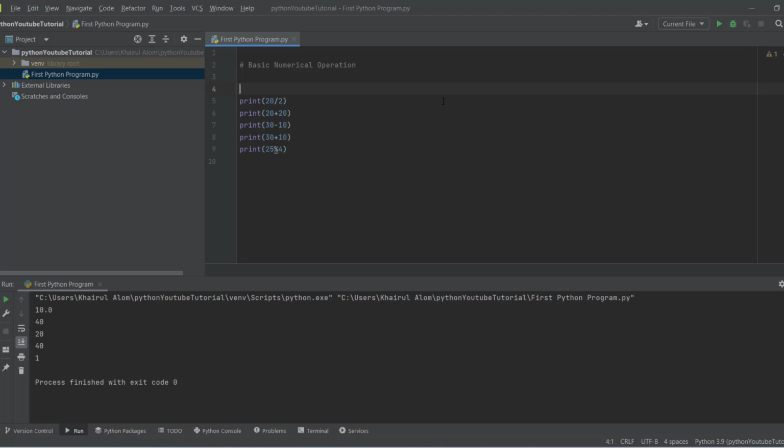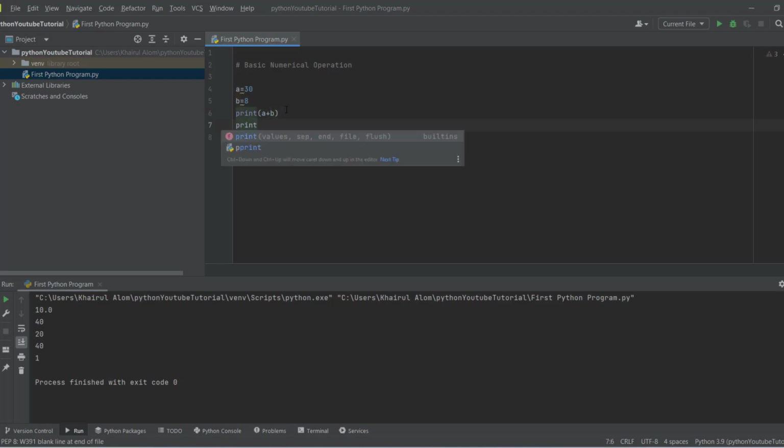Let's declare variable a equal to 30, b equal to 10 or 8. Now print a plus b, print a minus b,